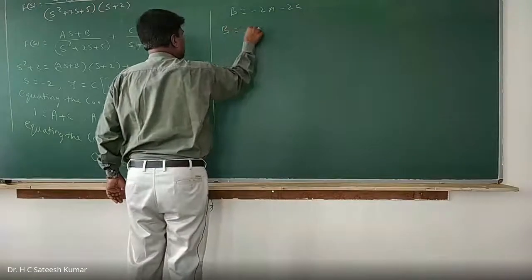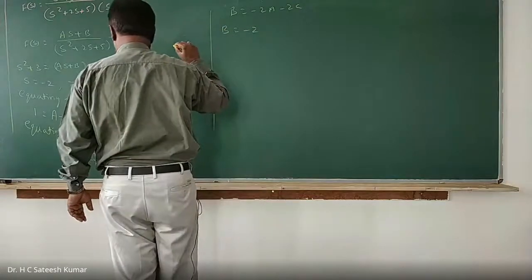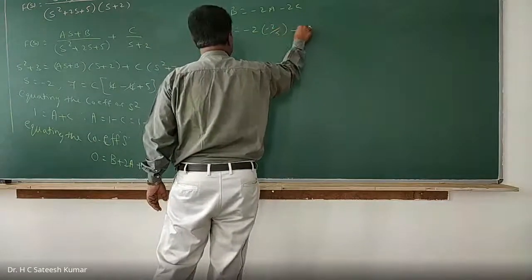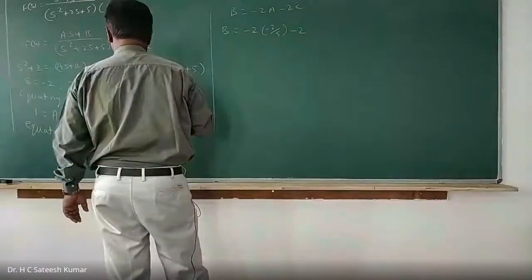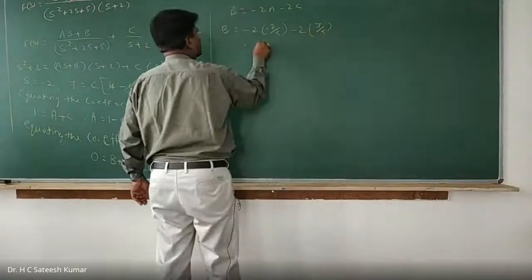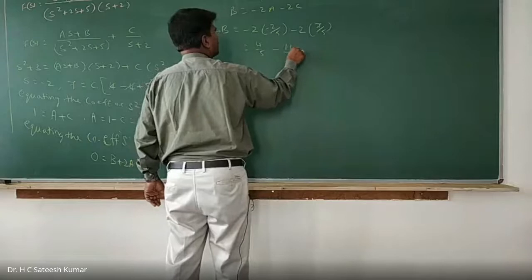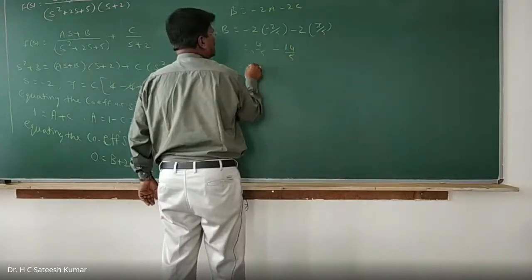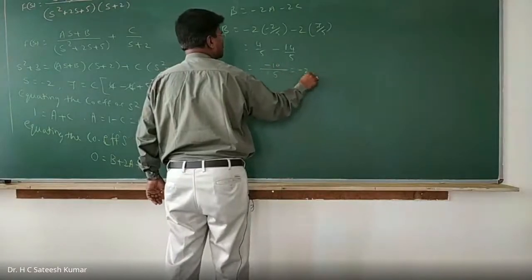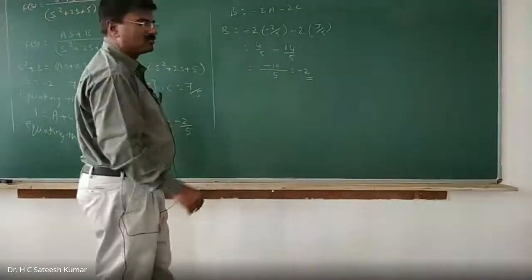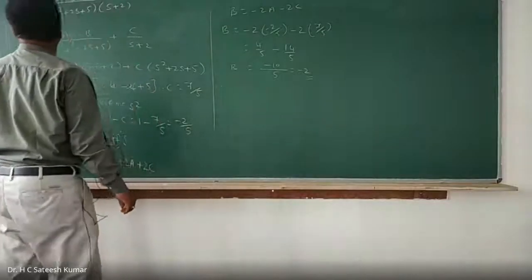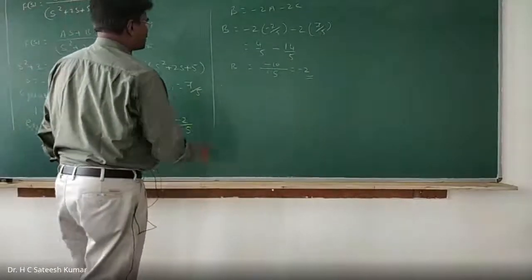B is equal to minus 2 into A. A is minus 2 by 5. Minus 2 into C. C is 7 by 5. Okay, right. 4 by 5 minus 14 by 5. So 5 LCM, so minus 10 by 5, which is equal to minus 2. Okay, right? So B is equal to minus 2. Therefore, what you can say? So F of s is equal to